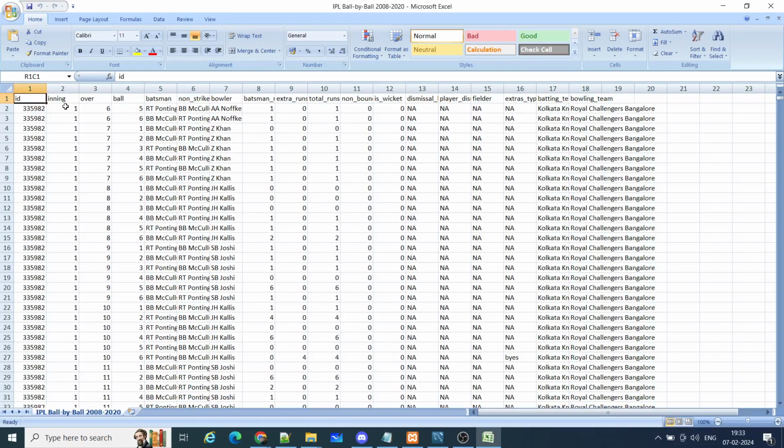I have the match ID, the inning, first inning, over, ball, batsman who was, non-striker who was, the bowler, who was the batsman, and how many runs he made. Extra runs, was there extra runs, no. Total runs made on that ball,